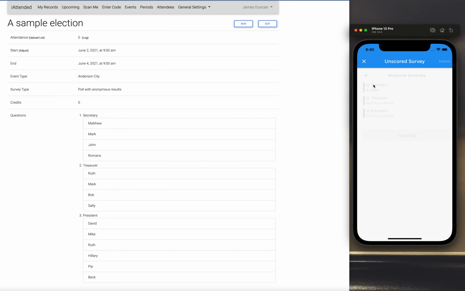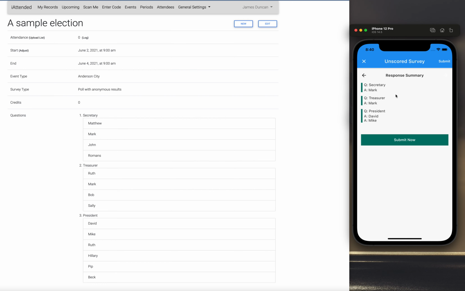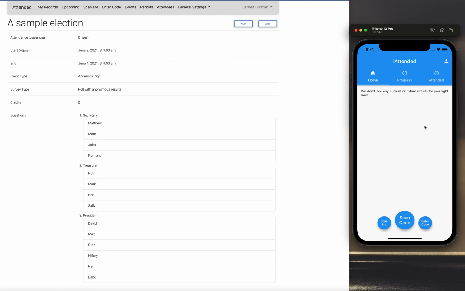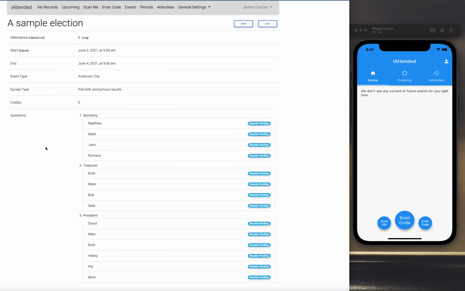So I will have to make at least 2 choices. I'll make 3, go back to treasurer, make sure I voted for something here. So I get a chance to review my answers and then submit this. So it's telling me my response has been recorded. I'm not earning any credits for this. And if I head back to the start, I no longer can take this quiz or this poll because it's already been done. If I refresh this page, I'm going to see now that I have some results here,